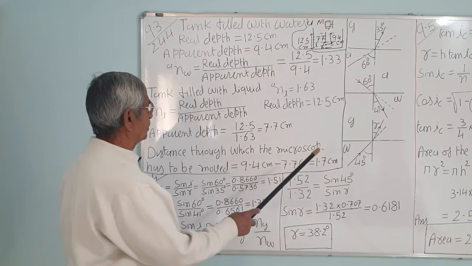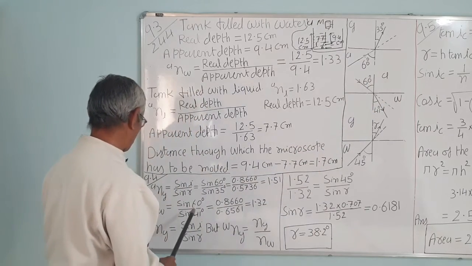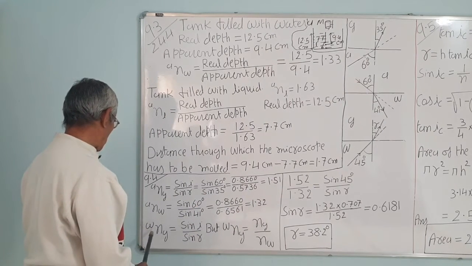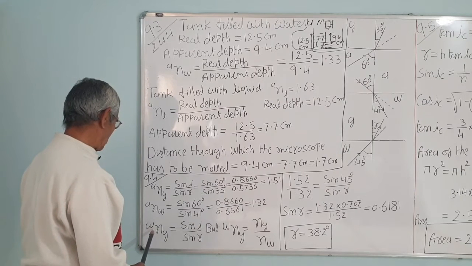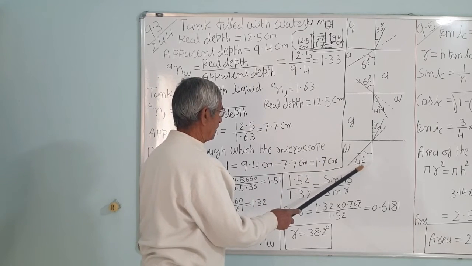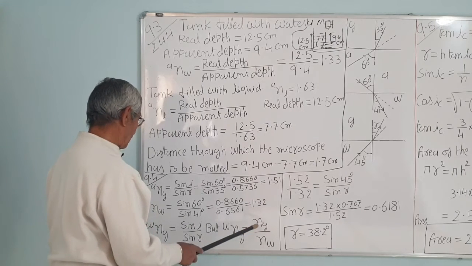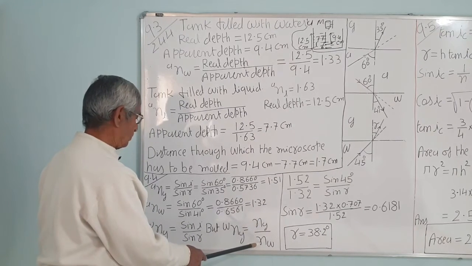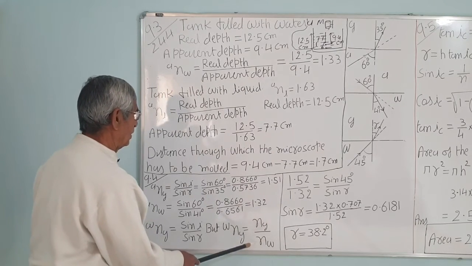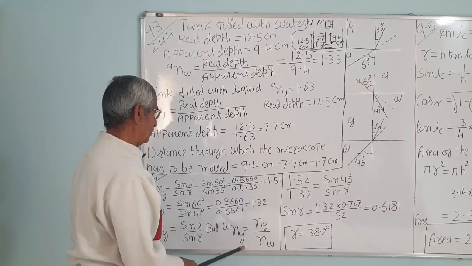The refractive index of water with respect to air, that is sin i is 60 upon sin r 41, is 1.32. Now the refractive index of the glass with respect to water is sin i upon sin r, where i is 45 upon r, correct, and that is equal to refractive index of glass upon water also. This could be written as Ng upon Nw, correct. Now we have to compute the Ng upon Nw, correct.